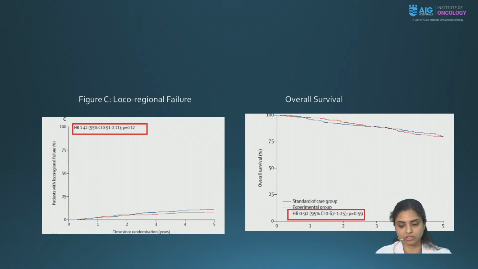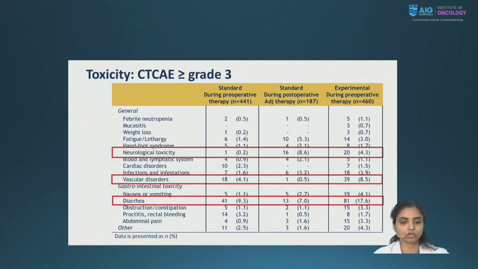Most of our oncology colleagues or the referring physicians are scared about the toxicities because we are only giving radiation in 5 days, that too with a very, very high dose. But as per this trial, there are really not very notable complications nor side effects during the course of treatment. The important and major side effects with some significance were neurological toxicity, vascular disorders, and diarrhea, which were more in the experimental arm, as expected, because we have given a very high dose in 5 days. But these patients never went into a very debilitating condition, nor are these complications extremely morbid. They can be managed in the hospital with admission for a couple of days, after which you can easily